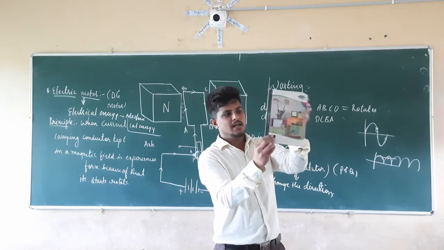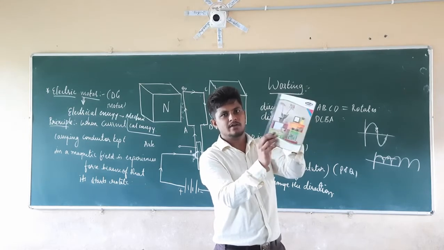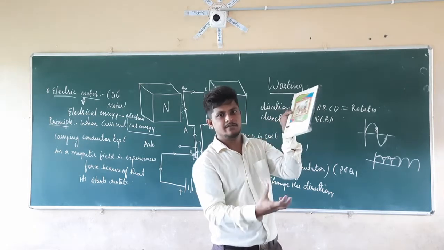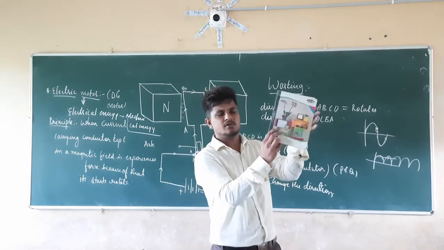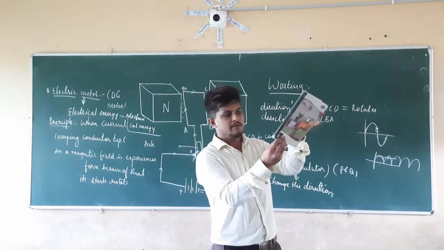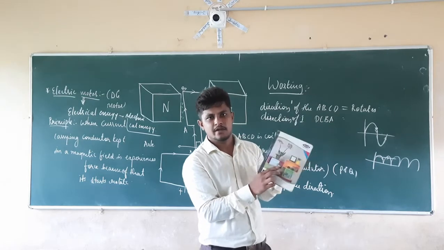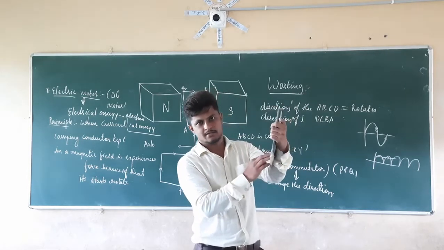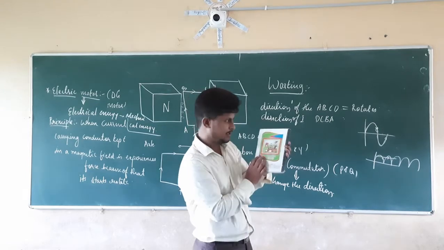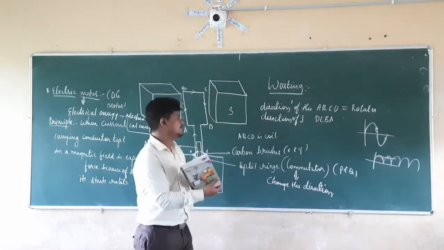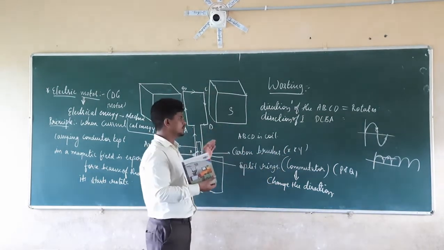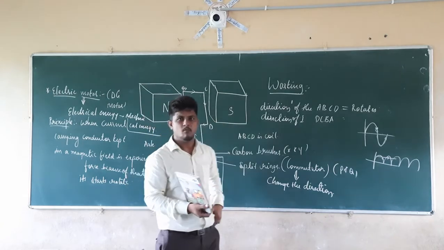If it starts to rotate like this in only one direction, what is going to happen? Whatever axle is connected here is also going to rotate in the same manner. When it rotates in the same manner, what is going to happen? Which is connected to fans. Fans are also going to rotate like this. So this is the major working procedure of the electric motor.